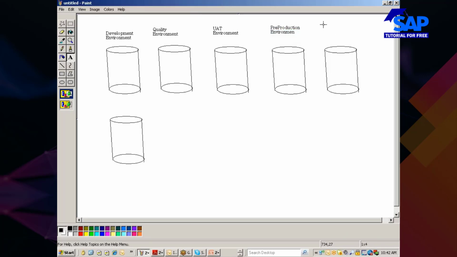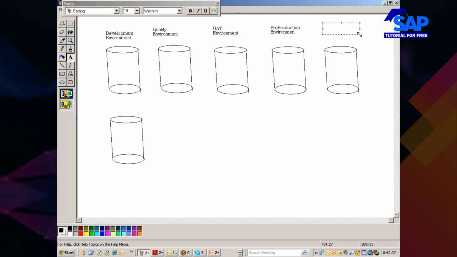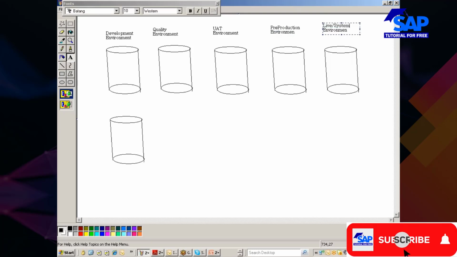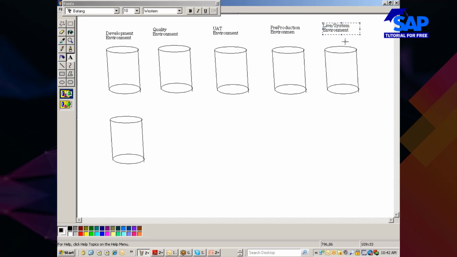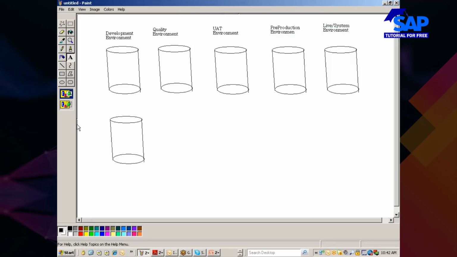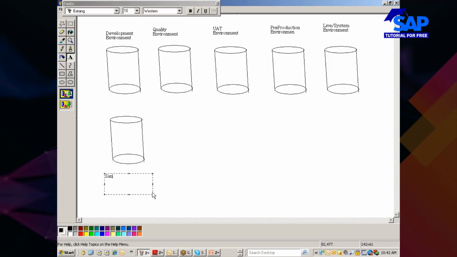And finally, this is what we call the live system or live environment. And this one I can use as sandbox.